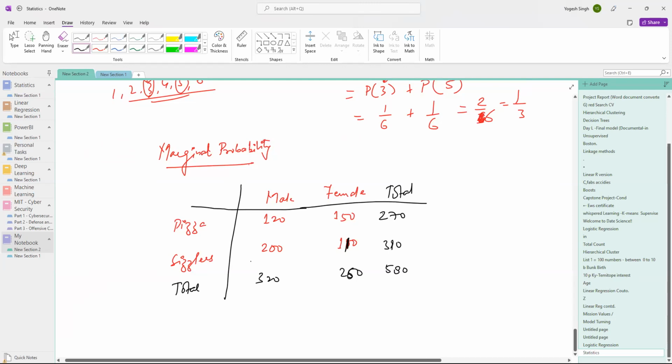नाउ अब अगर मैं इसको डिवाइड करना चालू करूं, if I divide each of these cells by 580, कोई बताएगा इसकी वैल्यू क्या होगी? 120 डिवाइडेड बाय 580. सर फ्रैक्शन में चाहिए, पॉइंट में चाहिए? डेसिमल में चाहिए. फ्रैक्शन में होता तब तो मेरे को पता ही था कि 120 डिवाइडेड बाय 580 क्या होगा. सर 6/29. हाँ 0.206, ये आएगा तुम्हारा. 0.2068 आ रहा है तो 0.207 कर दो। इसका क्या होगा? 0.259